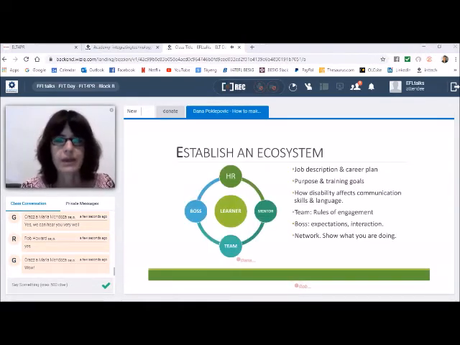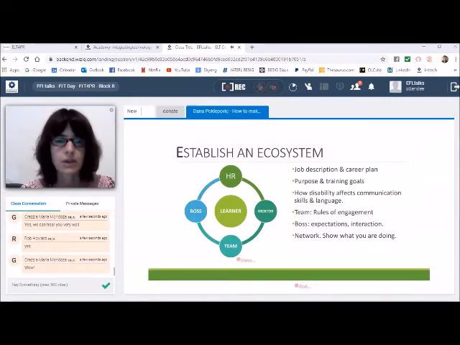The next one, yes, thank you. The E stands for establish an ecosystem. As a teacher, when you receive learners with disabilities in your classes, you need to have something in mind. You are not alone, because teachers normally say, oh, how can I deal with 20 students, 20 learners, and 2 or 1 with a disability? It's impossible. Well, you're not alone.